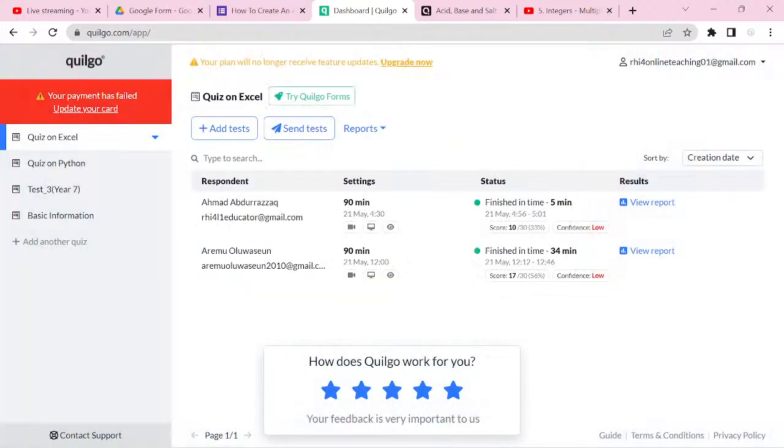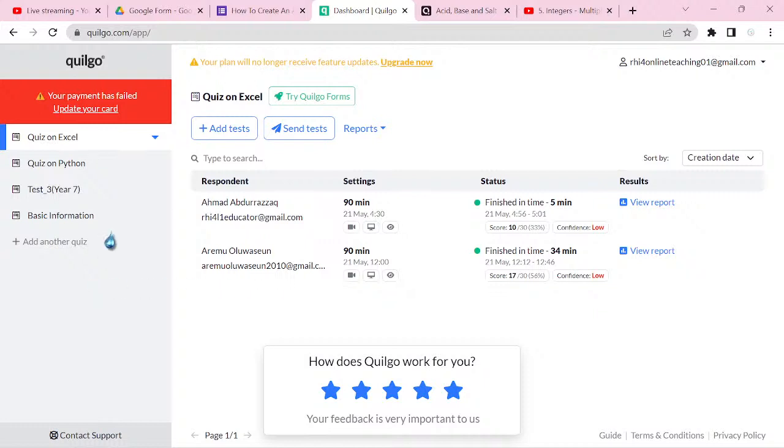I've used it before to assess some students, and you can use it for free for, I think, a month, or is it 100 times? I've forgotten. When you do that, you can upgrade it, and it's not expensive. It's very cheap. So you can click on upgrade now. When you click on upgrade now, you see it there. But because of time,